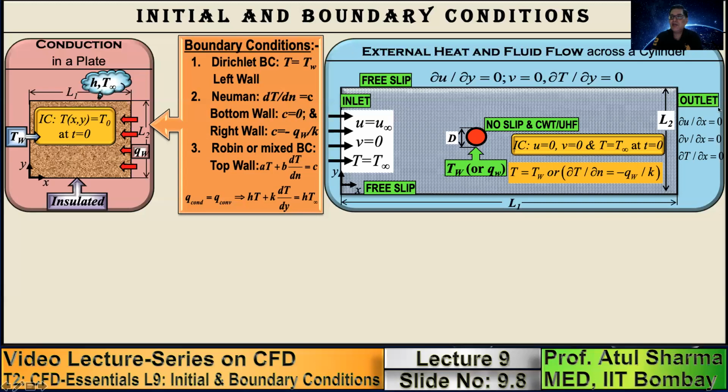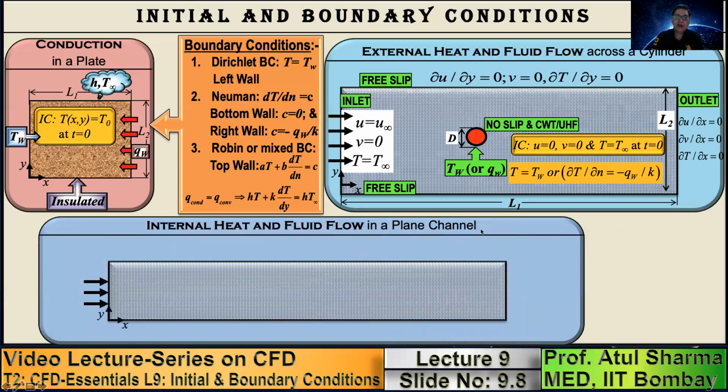Inlet and outlet are basically fully developed flow boundary conditions. Note that the length of the domain we also decide by doing a domain length independence study, because this boundary condition corresponds to fully developed flow conditions. So this downstream length should be large enough, because whenever you consider flow across an object, only after a certain downstream length does the flow become fully developed. So the downstream length that we take numerically should be large enough so that, as in the physically realistic condition, you have a fully developed flow at this outlet boundary.